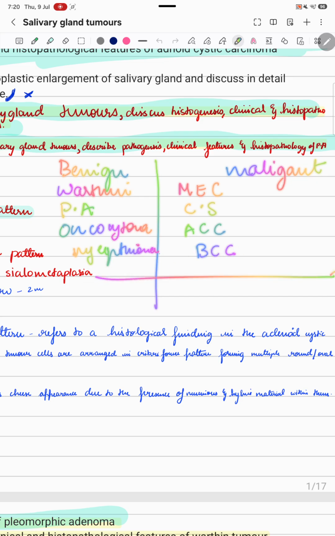Then we have something called mesenchymal salivary gland tumors, and in that we have